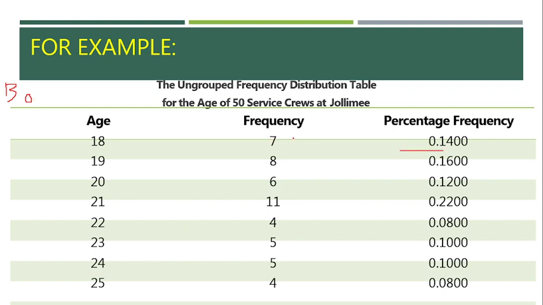This is our rate, correct? I want you to get the value of rate with the formula that you have, P R B. So we have base, and that is 50. What is our percentage? Our percentage is 7. In order for you to find the rate, it is 7 divided by 50. The total number of your sample or data is at your denominator. So if you divide that, you will have